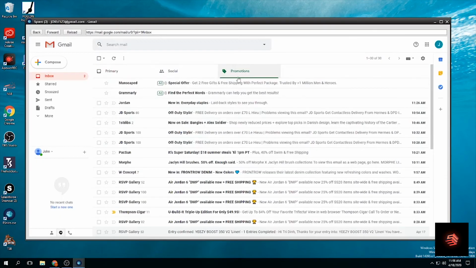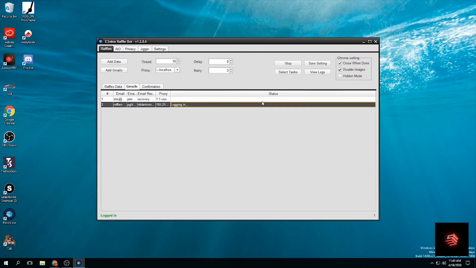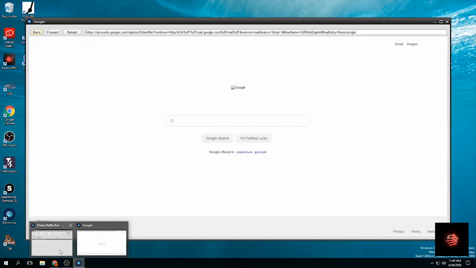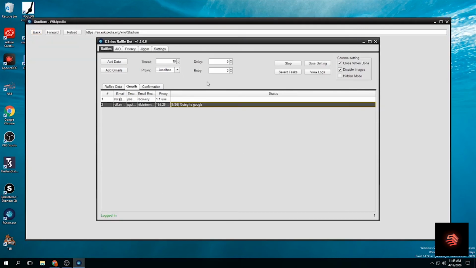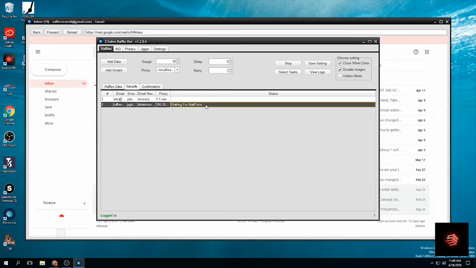For the email that goes into the promotion or social box, all of them will be forwarded in the same box to your master or main Gmail address, so don't worry about that. For the filter option, just untick the forward box and the catch-all box if you run this feature and generate cookie alone. Sometimes your email will go into the spam box, and of course, you don't want that to happen. Each sneaker will run the process that filters every spam email for you.